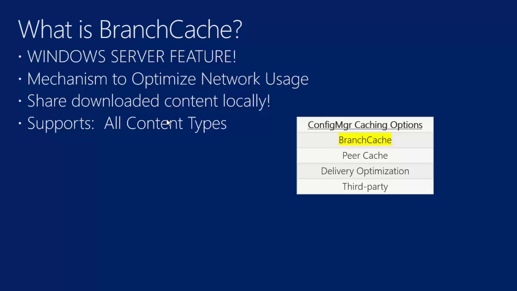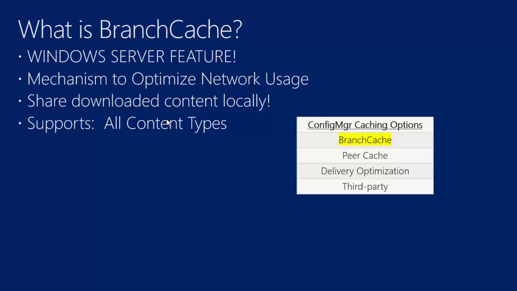And so I highlight it as a Windows Server feature because if you get into Config Manager and you see how easy it is to configure, it almost can give the impression that this is a Config Manager piece. It isn't. It is a Windows Server piece that Config Manager can take advantage of. Branch cache, like any other caching solution, is a mechanism to optimize network usage, share downloaded content locally with peers. Any content could qualify. This, again, is a Windows Server feature. It is not limited to Config Manager only content, though certainly our discussion today will be focused on Config Manager and how Config Manager can